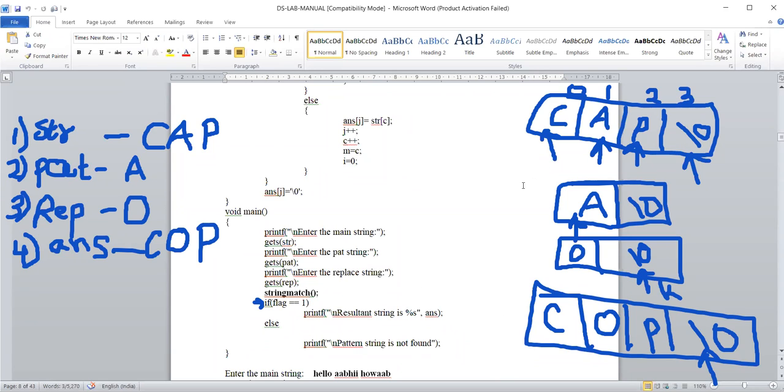Is the concept clear here? I know it is definitely a little bit confusing because here we are taking more variables: c, m, j, k and all. Why am I taking that many variables? If I take only i, j, each time, each array, there are 1, 2, 3, 4.